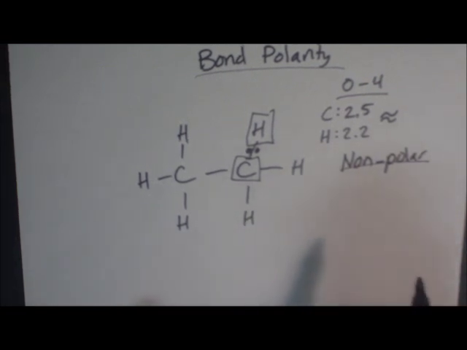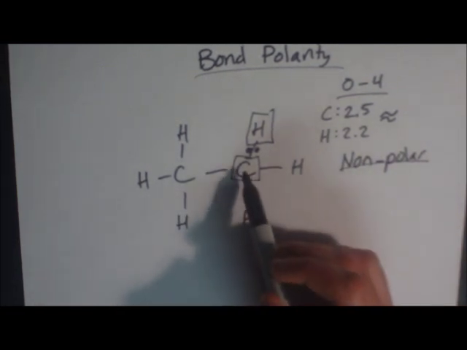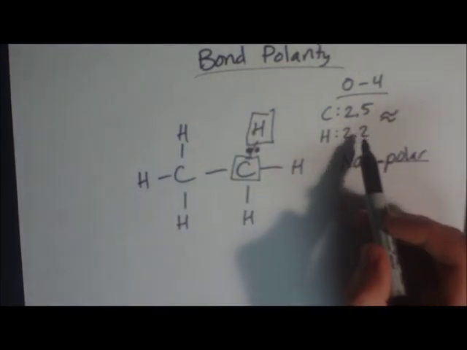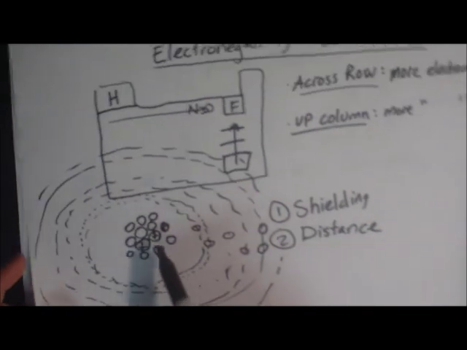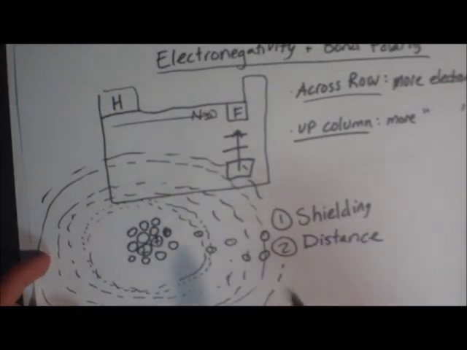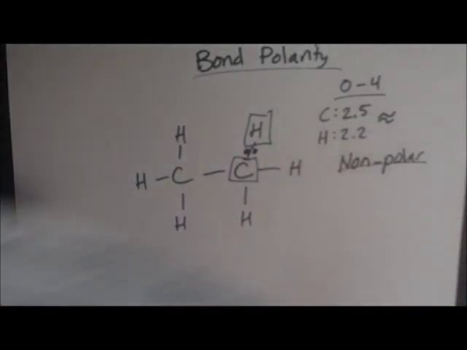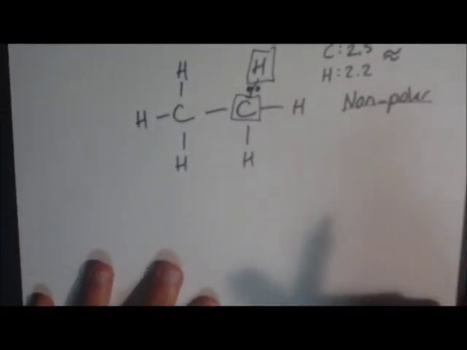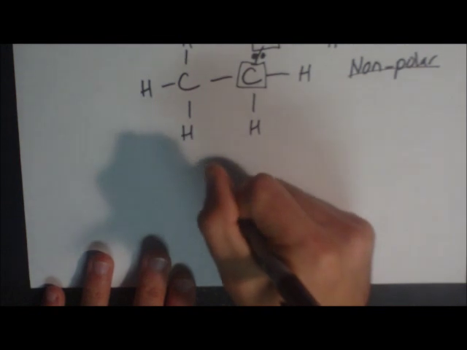And by non-polar, I mean that the electrons are going to be equally split between this carbon and this hydrogen because the electronegativities are about the same. The nucleus wants to hold on to its electrons about the same in carbon and about the same in hydrogen. Now, let's do an example of